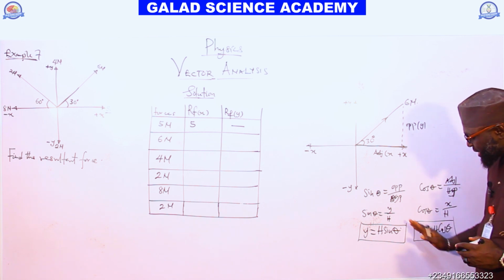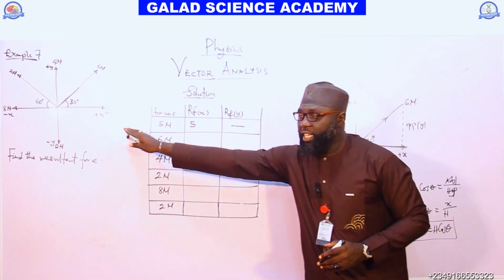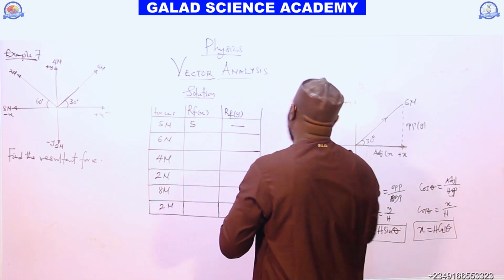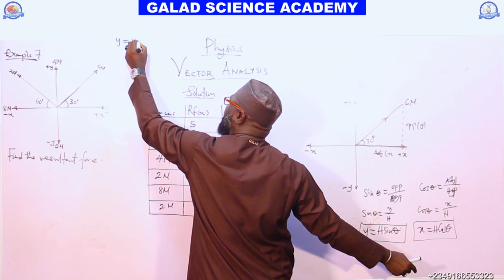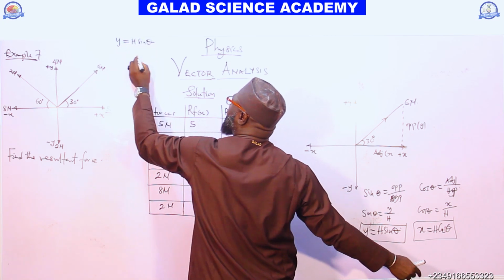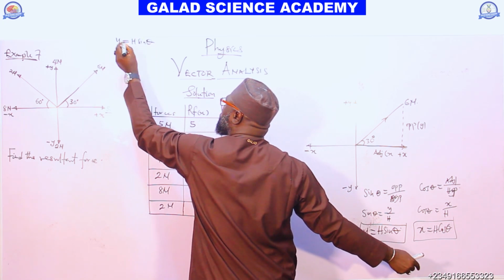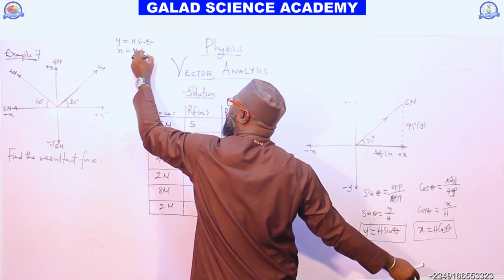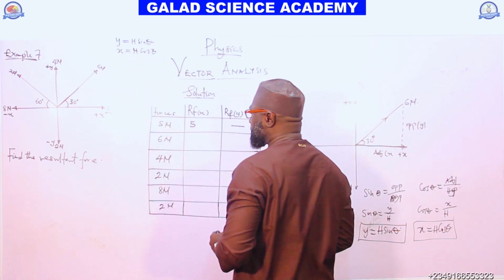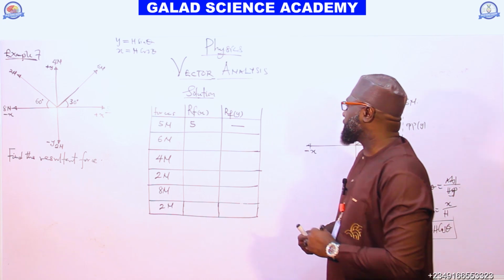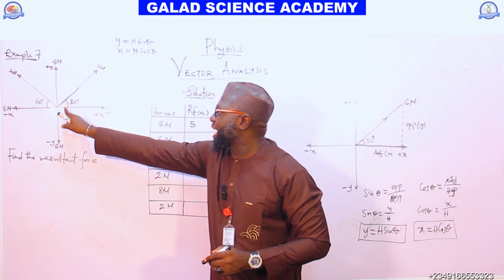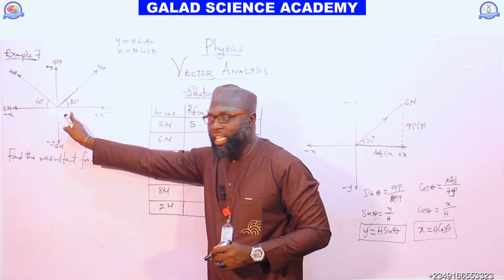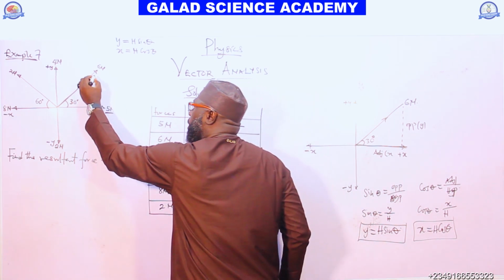We apply this throughout the resolution of forces. For the vertical axis we use y equals h sine theta, and for the x-axis we use h cos theta. Let us apply it here. This 6 Newton is inclined at 30 degrees, so to solve for